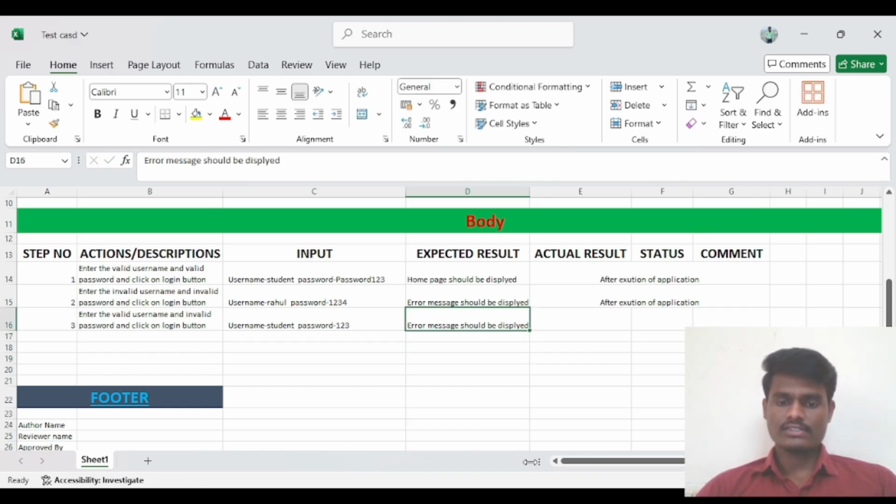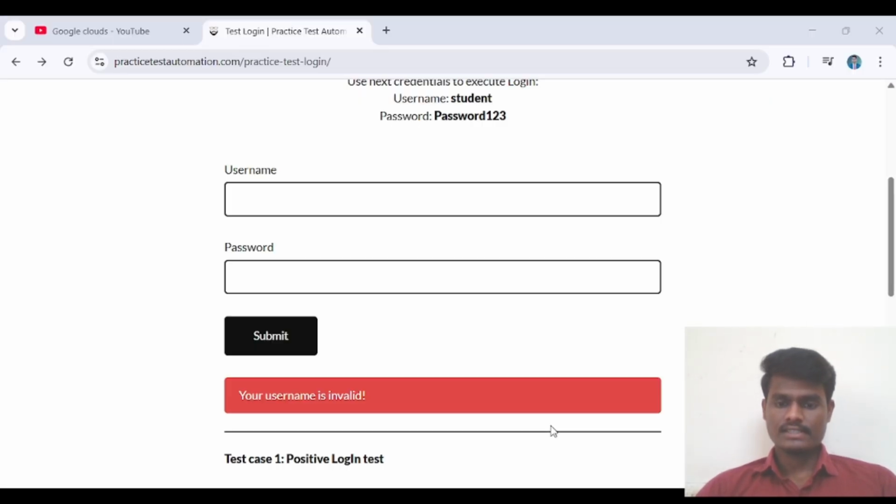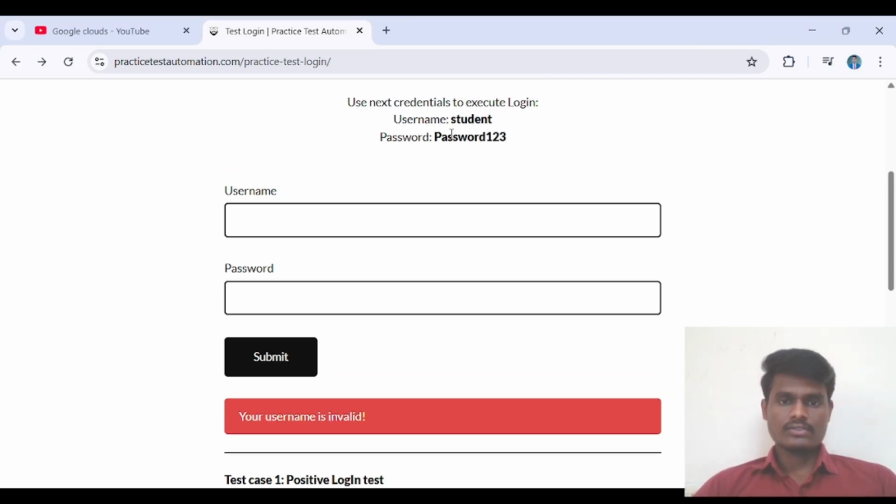For example, I will show you guys that page. Yeah, this is the page. So I have written a valid username and invalid password. You will get what? See guys, you will get "Your password is invalid."